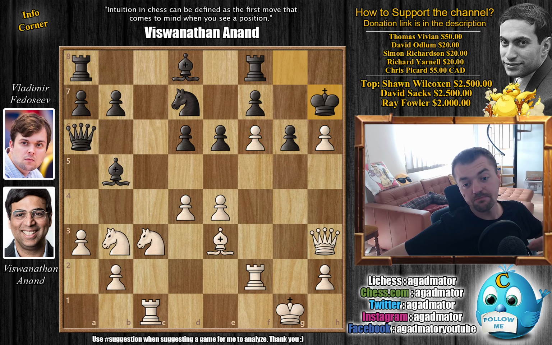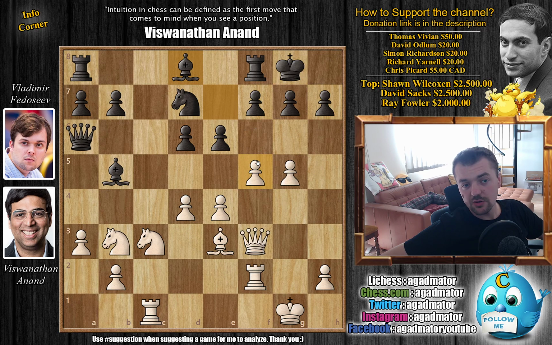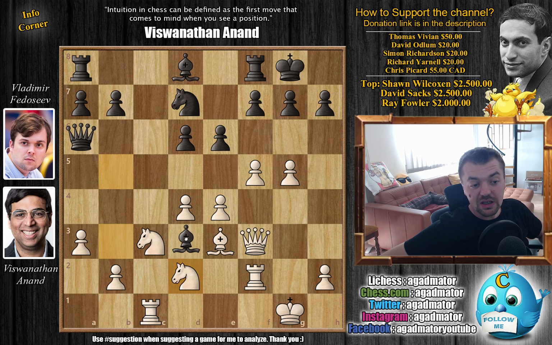Anand would still be much better here, but Anand finds a different idea. He says, I can always push f6, there's no rush. First, I want to maximize the activity of my pieces. Knight to d2. Now Anand is preparing at some point to push this pawn to e5 and to create the e4 square for the knight. With bishop to d3 now,